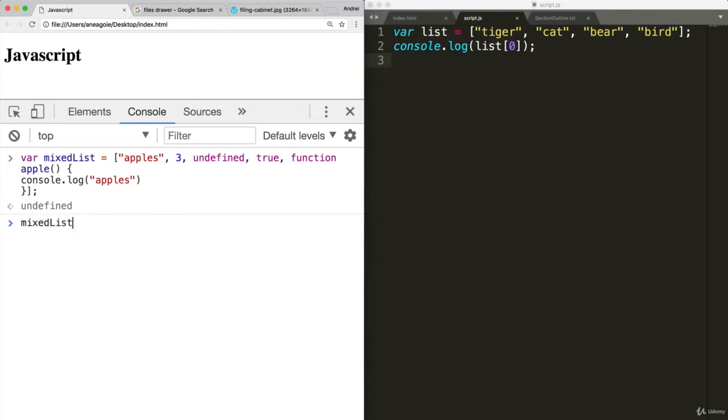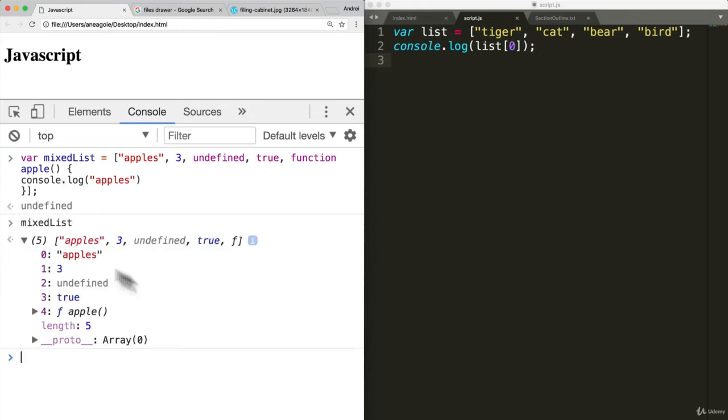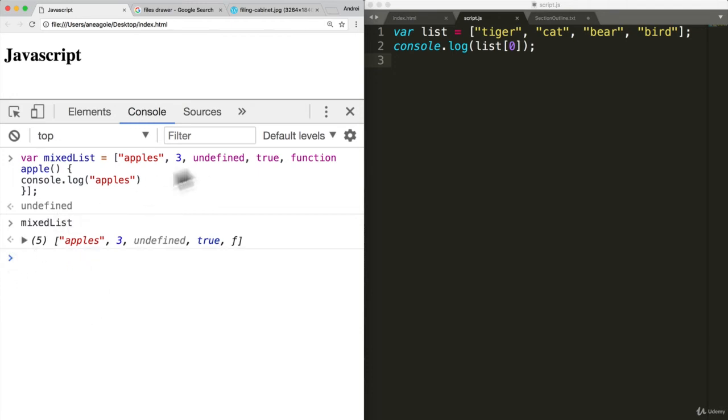And mixed list now has a whole bunch of wacky stuff. Now, this is not advised. It's actually a bit of a performance issue when you have arrays with different types. So you want to keep it the same, but I do want to show you that we can put anything